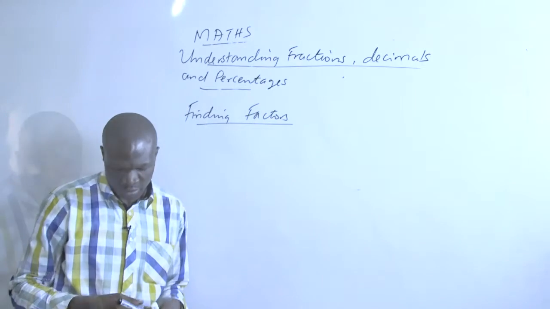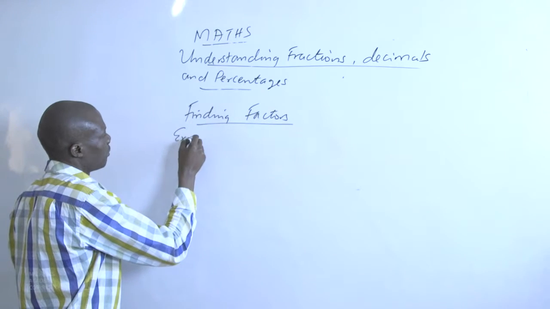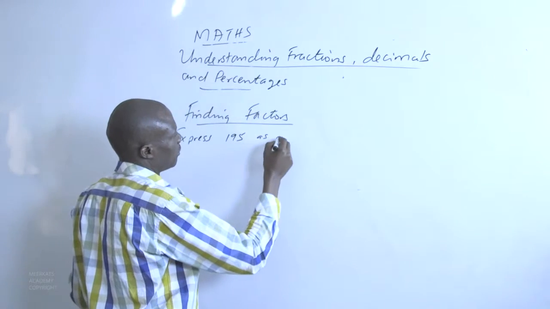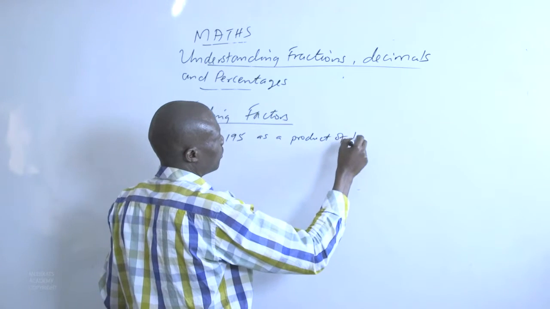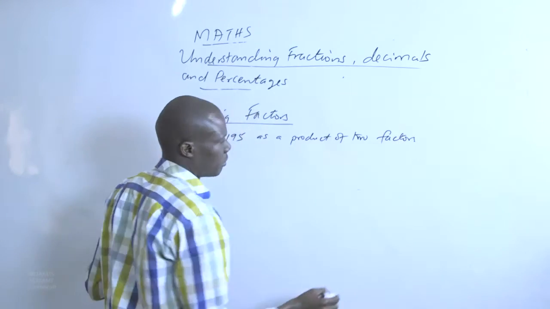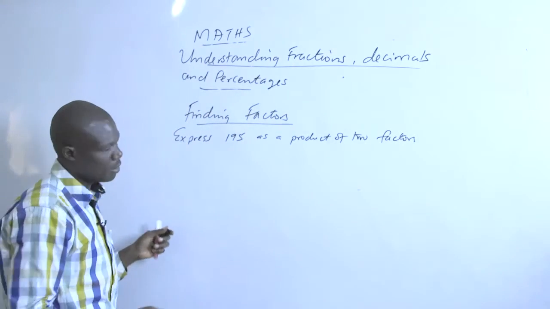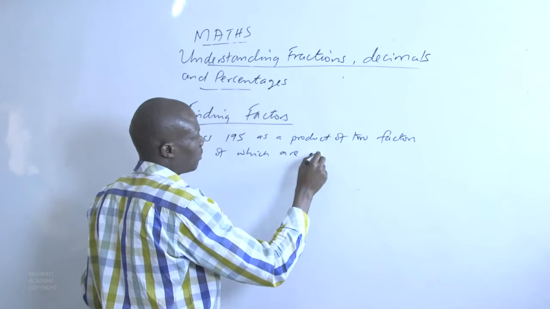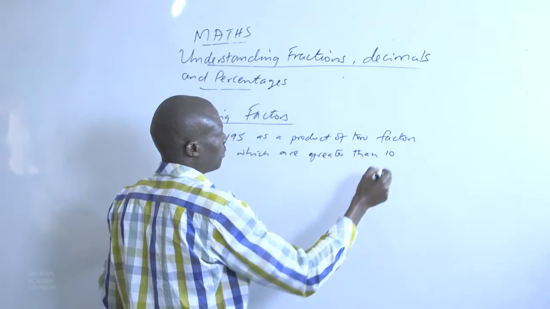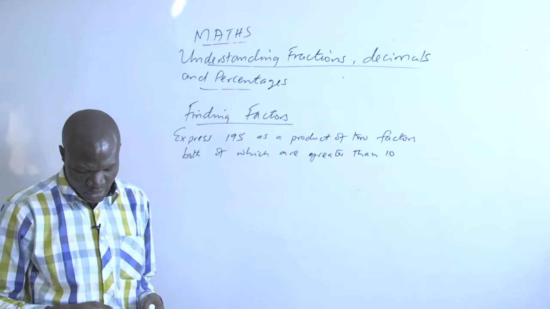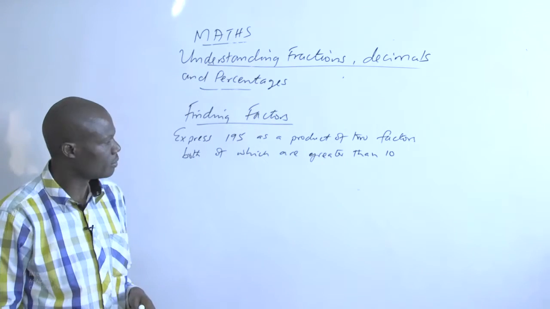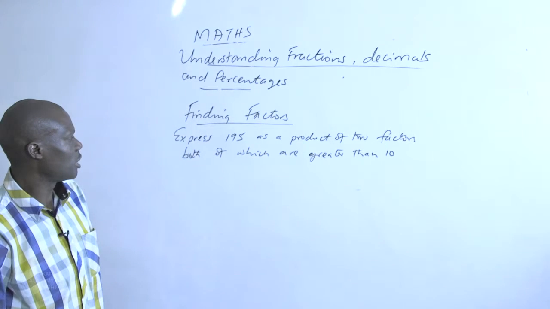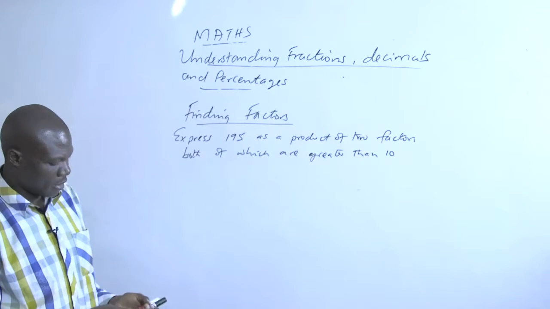Finding factors. Express 195 as a product of two factors, both of which are greater than 10. Express 195 as a product of two factors, both of which are greater than 10. In our solution,